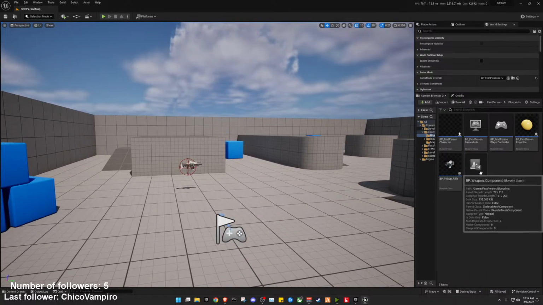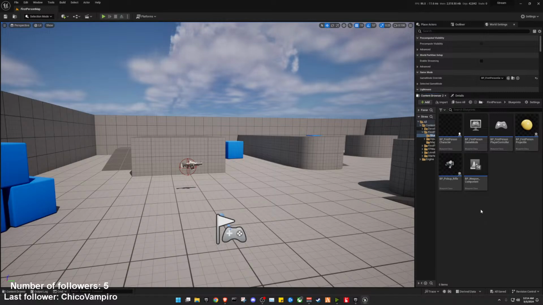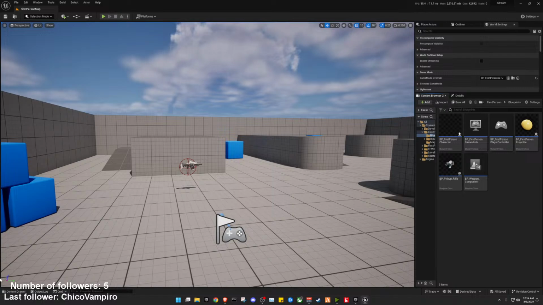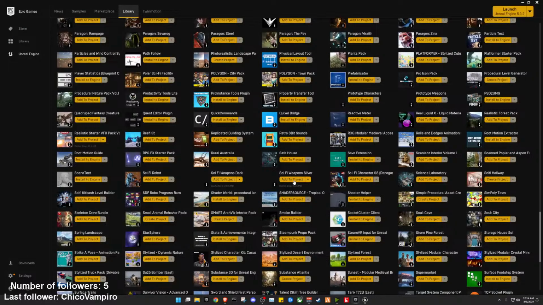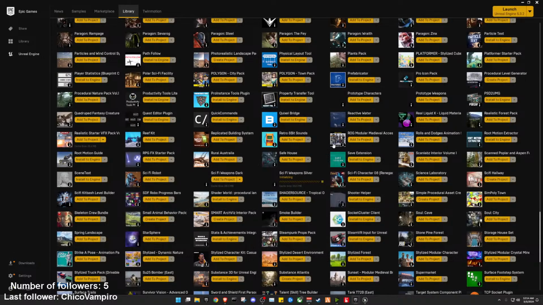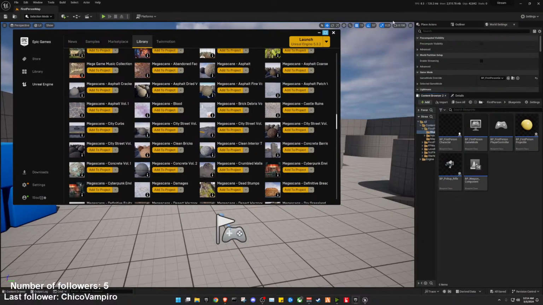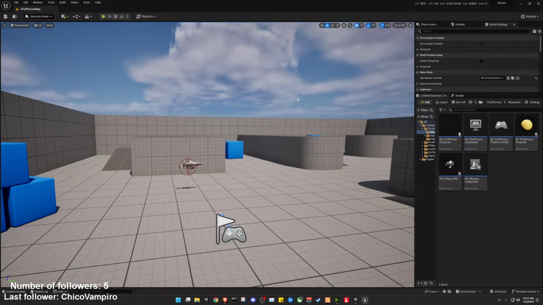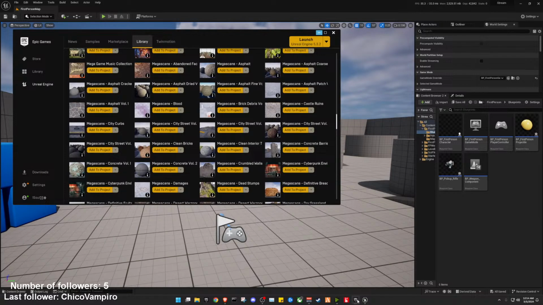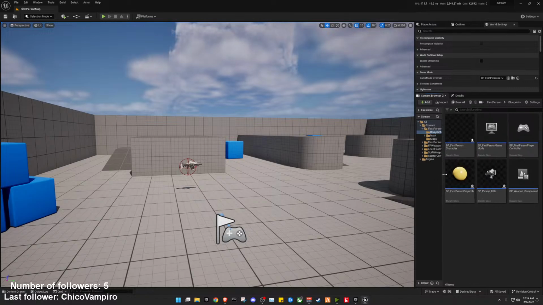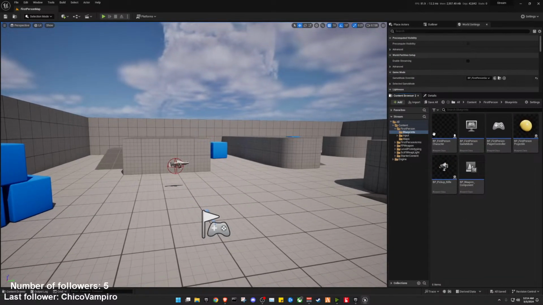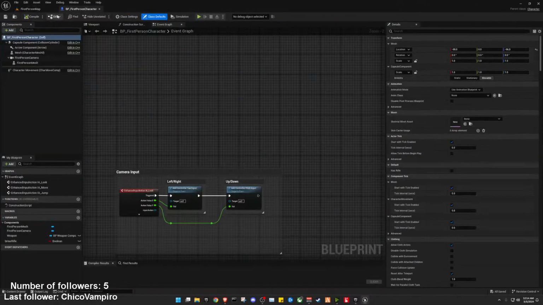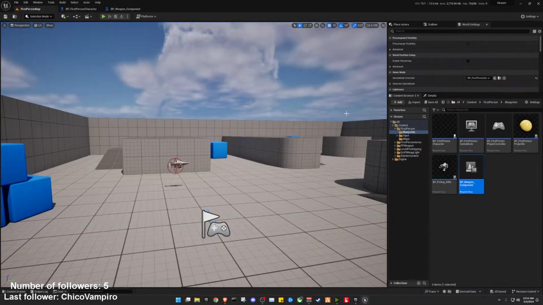Alright, so we have a new project. Now the first thing that I want to do is import those weapon models into this new project. Alright, so we're in right now, so we'll just need to pull this up, weapon blueprint, and then